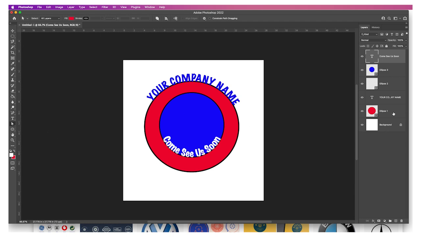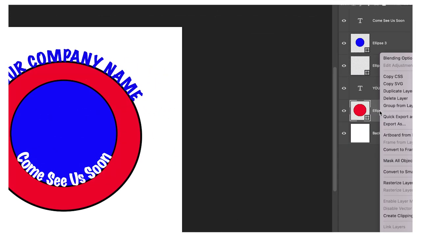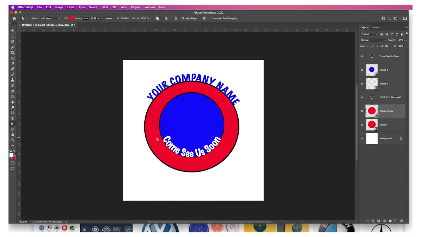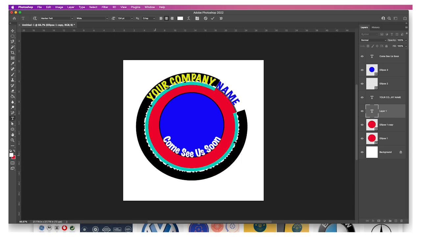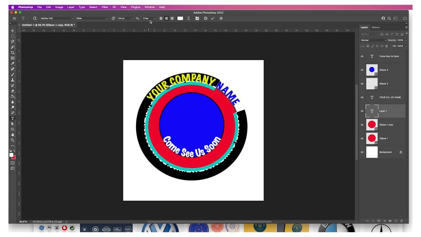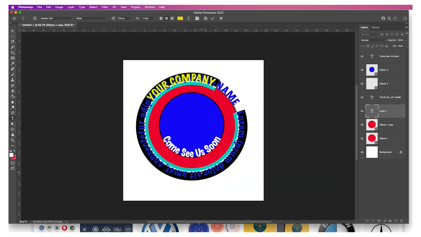However, you'd have to create a new ellipse, and what I would do is duplicate this ellipse. So in other words, here I would right click, duplicate layer. There it is right there, and I would again create another type section here. See, look at that. Again, we chose a white text, so that's why it's kind of disappearing. So if we select all and change this into a yellow, now we can see it. And now let's go ahead and type in